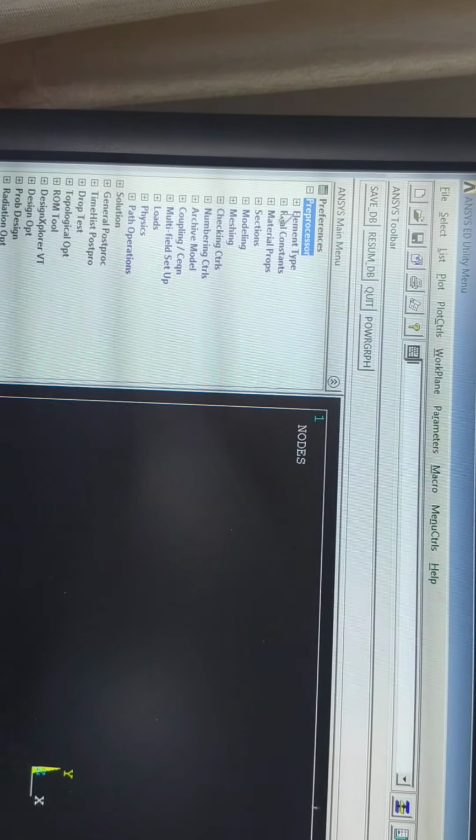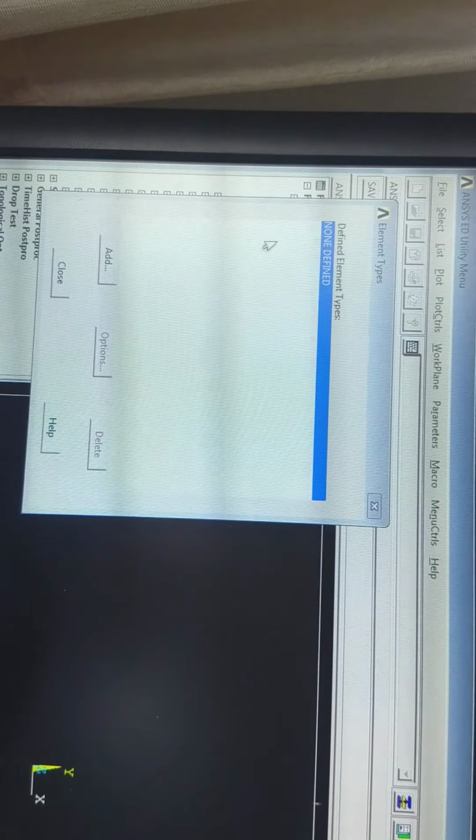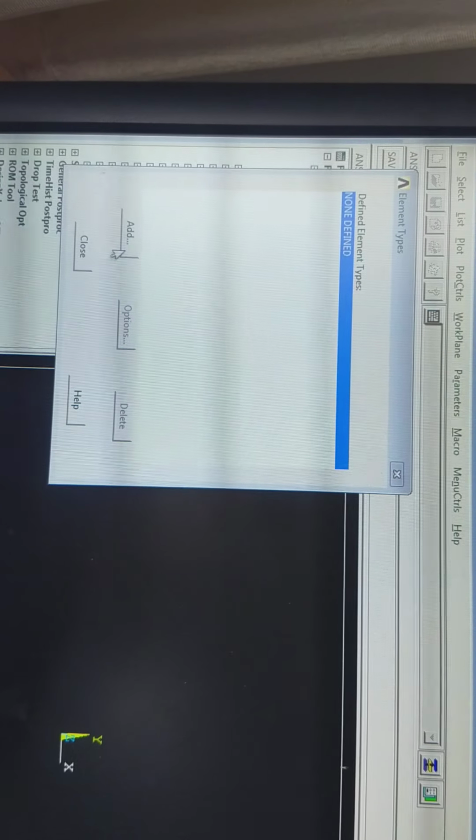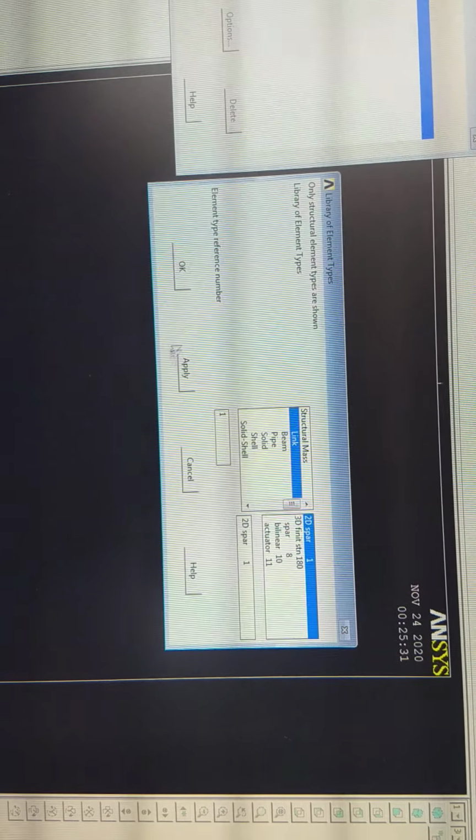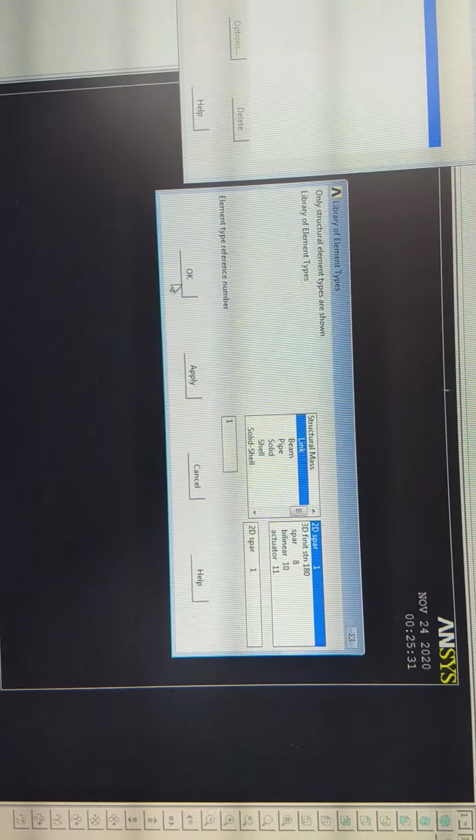In this, select element type, add element, define add element here. So now a bar is a link element, so we select 2D spar link element and give OK. Now it is added and close it.